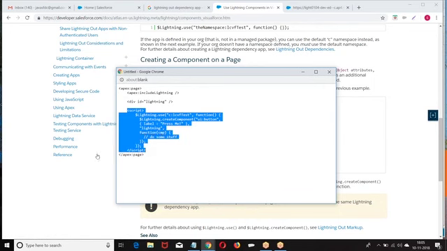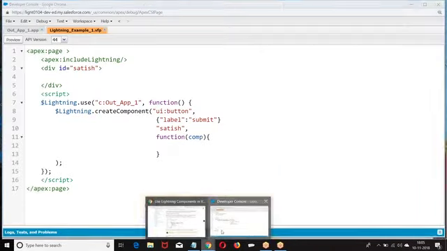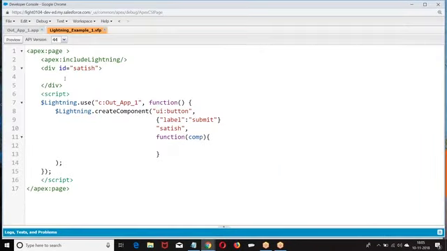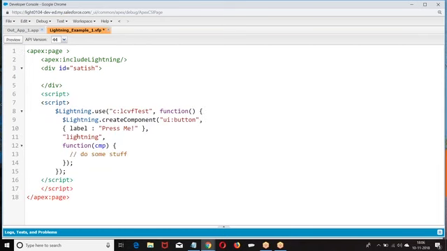Maybe something after label, it should be a comma. Pardon me. I have given commas. Let me cross check. Maybe it is a small error. I don't want to spend the time on debugging.